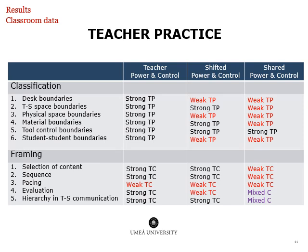You can hear how the teachers talk about instructional things like selection of content, sequencing, pacing, how fast they're doing stuff or what time they get, evaluation, how they discuss the evaluation with the students or whether they maintain that themselves, the hierarchy in teacher-student communication, and then classification about the classroom organization, how the